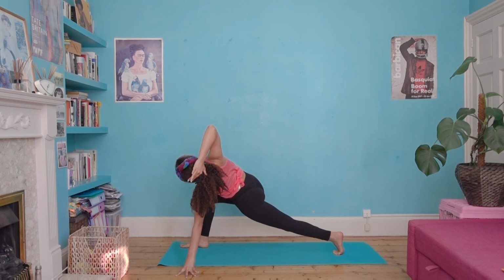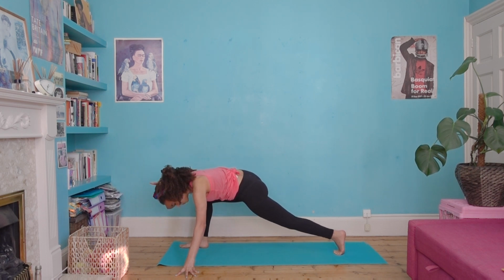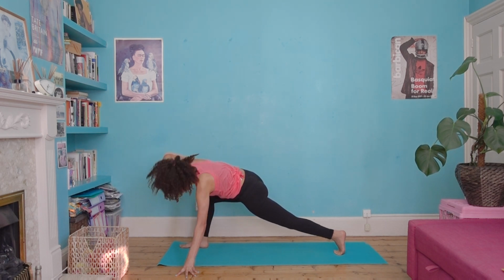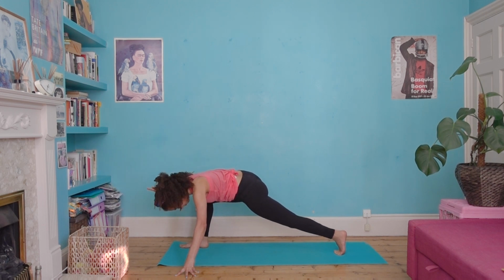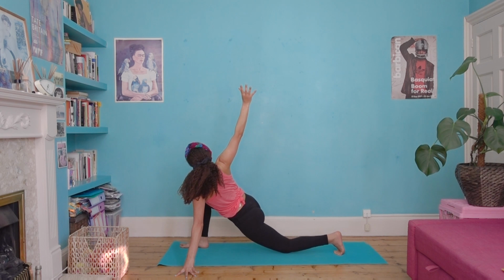Inhale, opening up the chest. Exhale, lower the elbow towards your inner right foot. Inhale, peel open. And exhale, fold it in. Inhale, peel open, lift the right arm up, lower the back knee. Option to stay